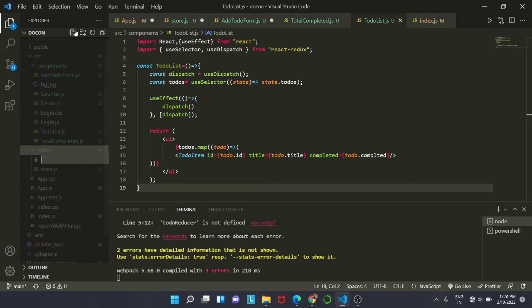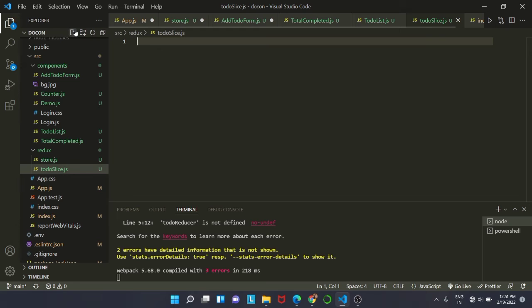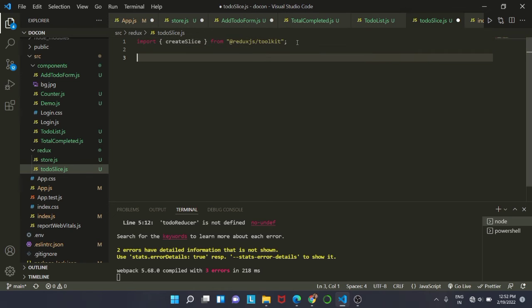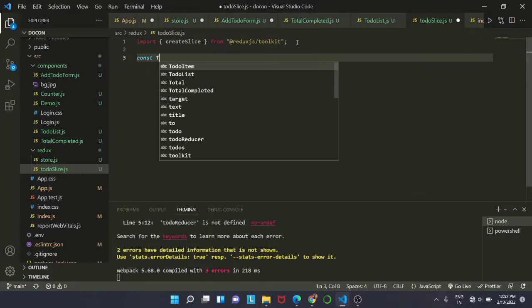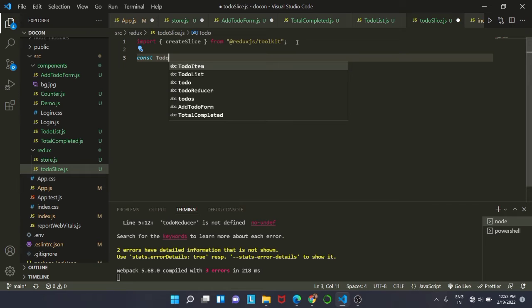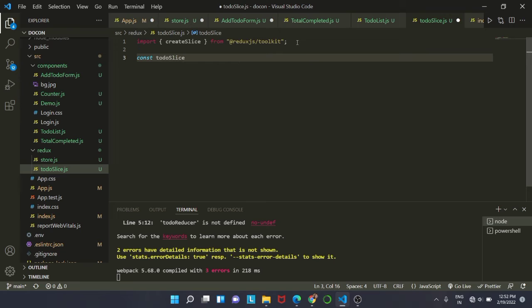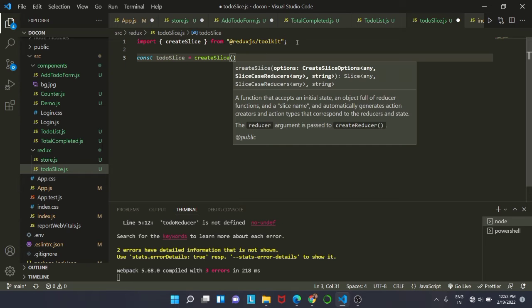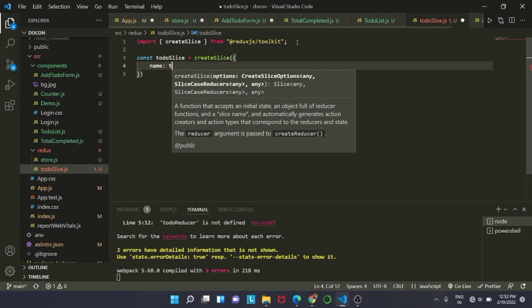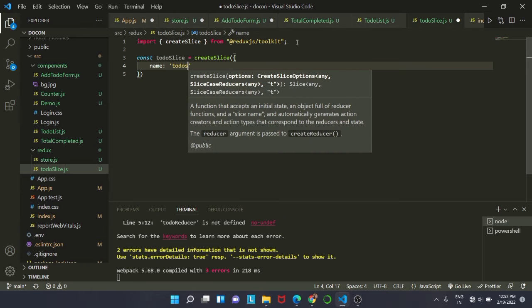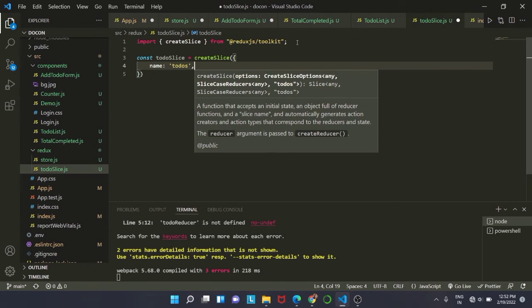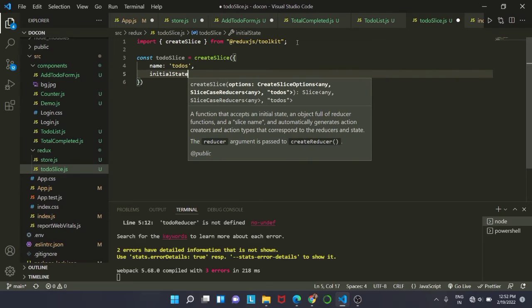Next we are going to create a file named todo-slice.js inside our Redux. Here we will import createSlice from the Redux.js toolkit, and next we are going to add a constant that is todoSlice. We are using the createSlice method here. The createSlice method helps us to share the store among all the other app components. Here we are going to add name, and the name will be assigned to todos, and another